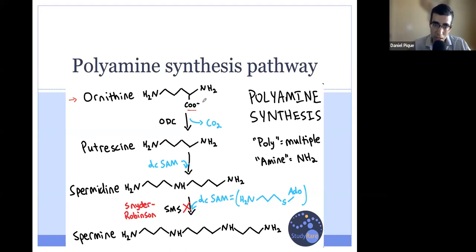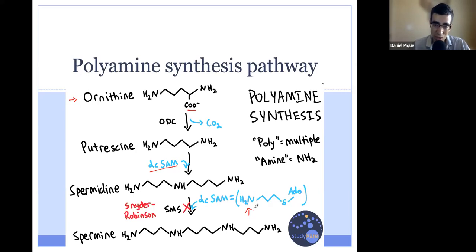Next, putrescine is converted to spermidine by the enzyme spermidine synthase, and it also uses this molecule called decarboxylated S-adenosylmethionine, or DC-SAM. And the last step of this pathway is for spermidine to be converted into spermine by the enzyme